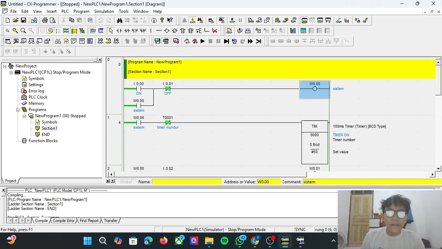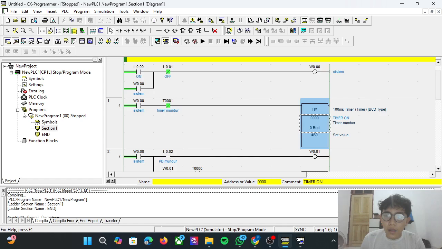W0.00. This close contact with name T0001 is a close contact for timer backward, and this PLC instruction with command TIM 000. TIM is for timer, 000 is for the address on PLC, and 50 is a value.